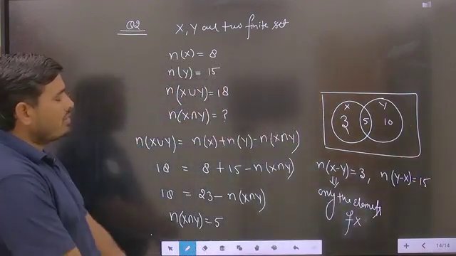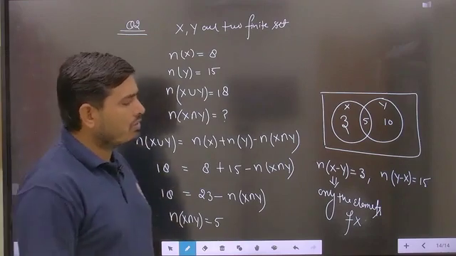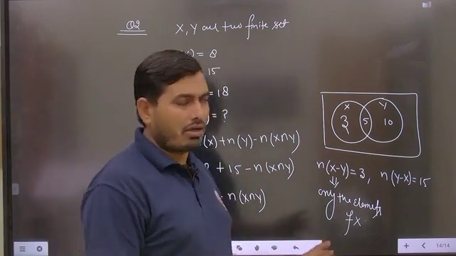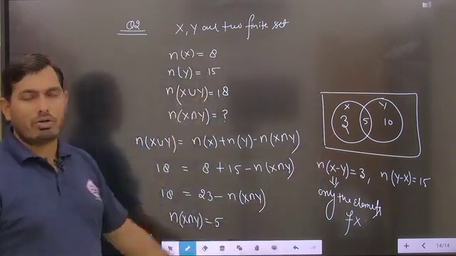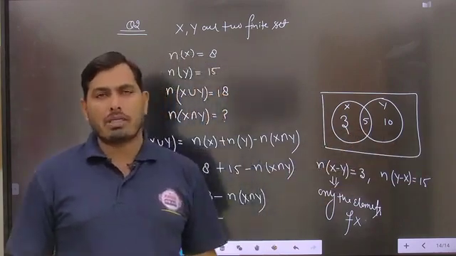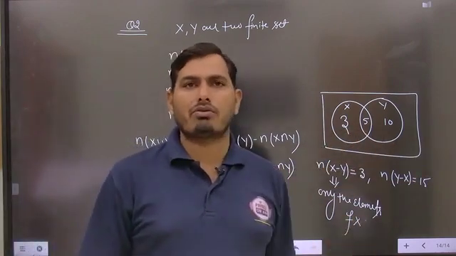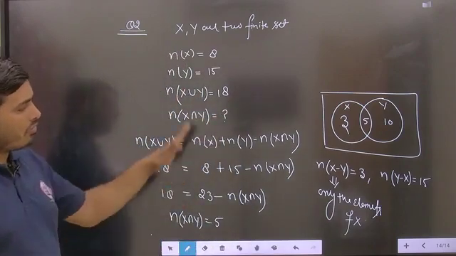Now you can check whether all the elements, the whole, will be equal to 18 or not. Students, you can just add each and every part and obtain the total number of elements. So this is 3 plus 5 plus 10. 3 plus 5 will be 8, 8 plus 10 will be equal to 18. So easily you will get the answer of this particular part as 18, and you can verify the things.